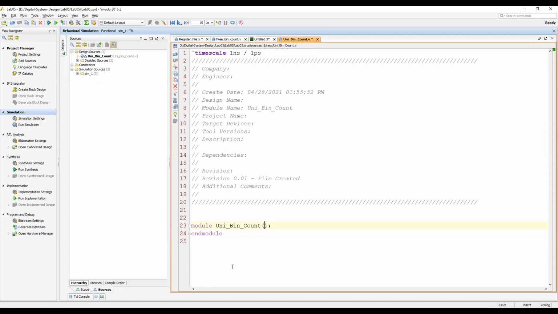Okay, so what are the output ports? For counting, you need Q, you need maxtick, you need mintick, and for the input, you need D, you need clock, you need reset. That's it. Okay, so you need some up signal, which will define whether it's up counting or down counting. So I will not use up.